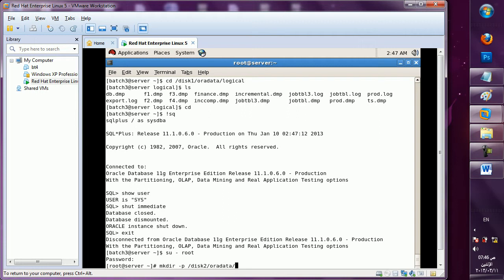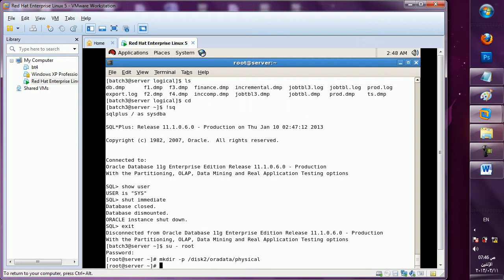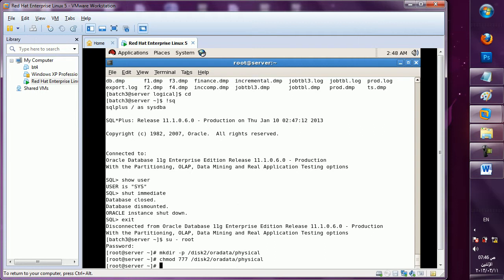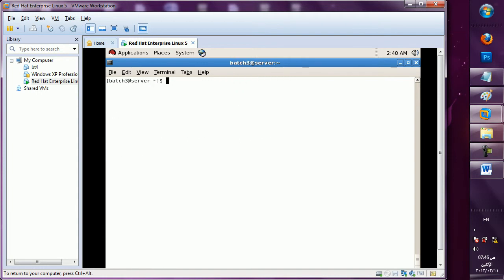On disk 2 I am creating a folder named physical. My actual data is in Aura data, Nash1.